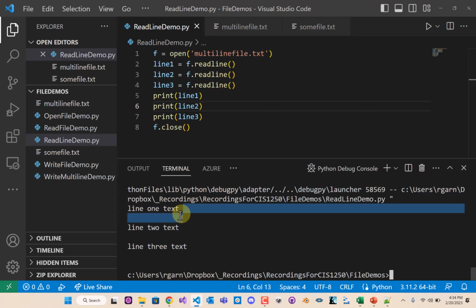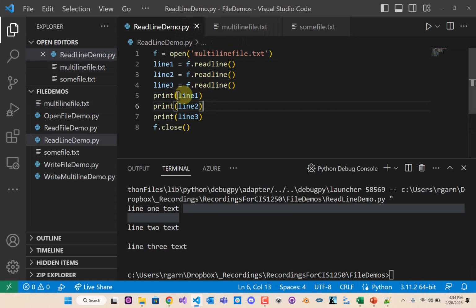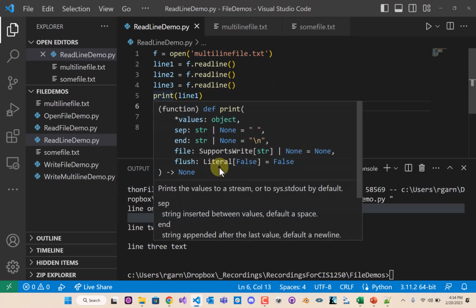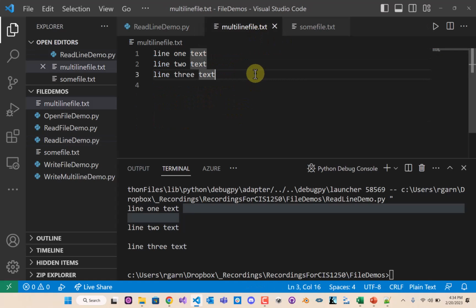Notice too that we get an extra carriage return in there. Why is that? Well, it's because our file has a carriage return at the end. It's actually reading that carriage return, and then we're getting one from the line and one from the print. That's why you'll see an empty line show up. As you can imagine, this is not ideal, because what happens if, say,